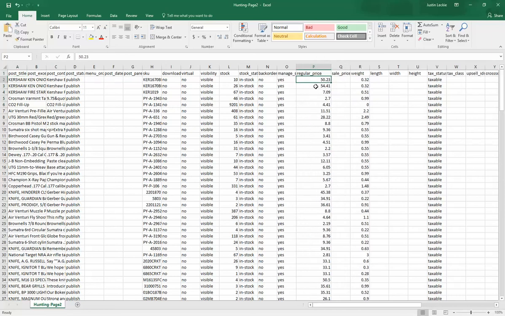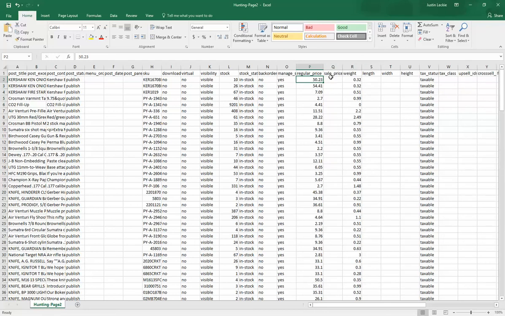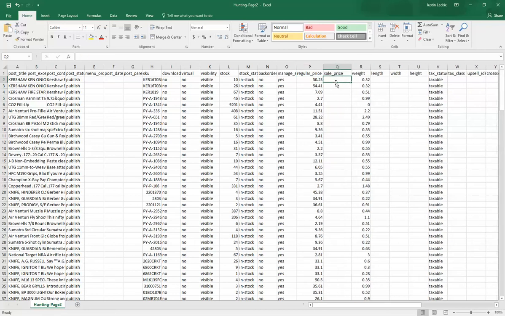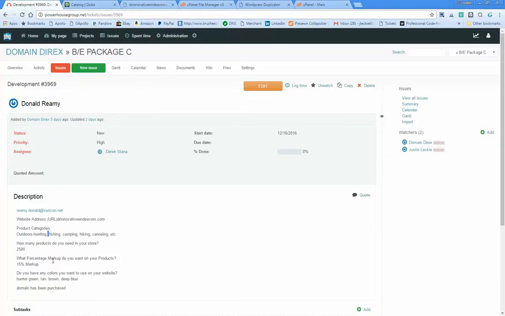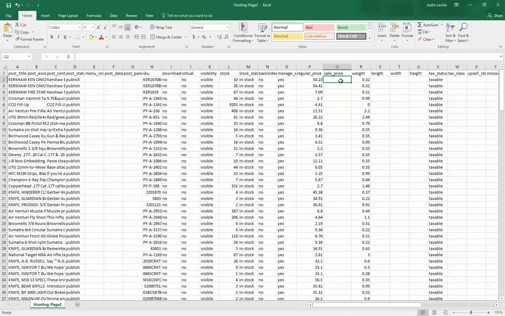You'll see right here in this column P, the regular price is $50.23. We're going to want to change that in the sale price right here in the column right next to it. I'm going to mark it up 15% like the client wanted. Like you can see right here, the client wants a 15% markup. So I'm going to show you how to do that. Basically what you'll do is, this is column P and row 2. What I'm going to do is create an equals sum, and I'm going to put P2, and I'm going to multiply that by 1,